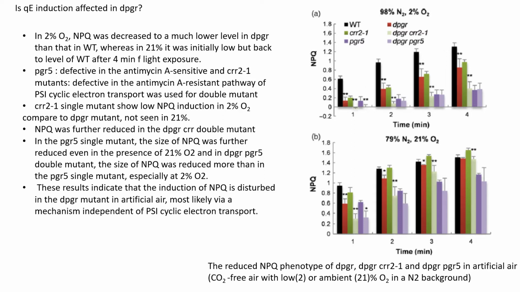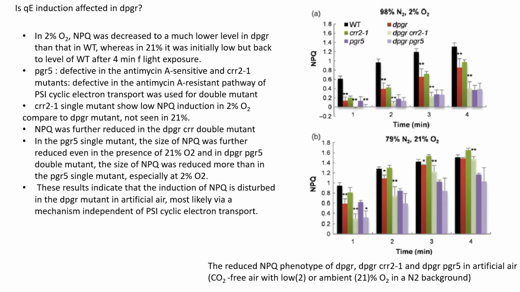Remember here that CRR is the kind of mutant that is defective in the antimycin A resistant pathway. So this explains the behavior that we see in the CRR mutant and the CRR DPGR mutant. In the case of the PGR5 single mutant, which is an antimycin A sensitive mutant,